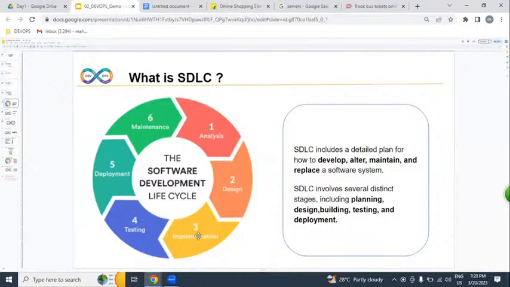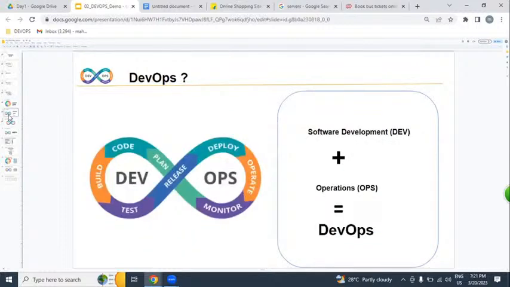Maybe developers can write code, maybe testers can verify. But my question is, in this flow, where we are, that is what we're going to be discussing right now. While implementing this diagram as a DevOps engineer, what exactly are our roles and responsibilities?